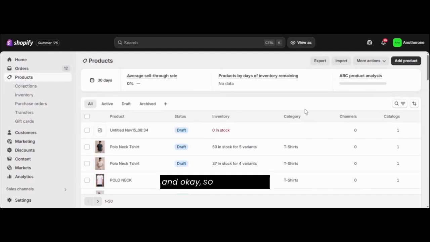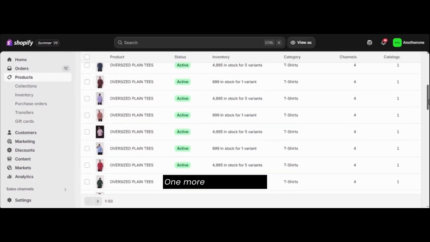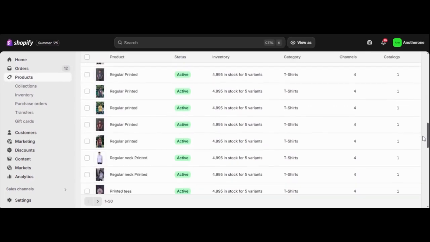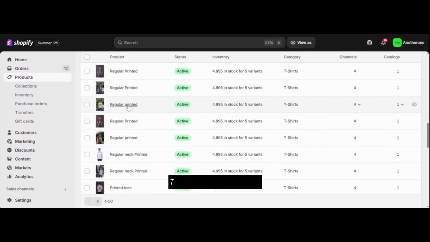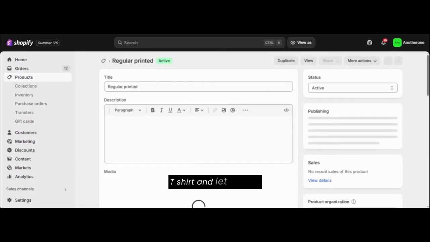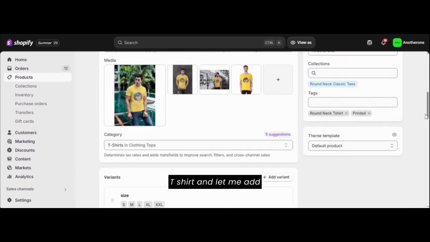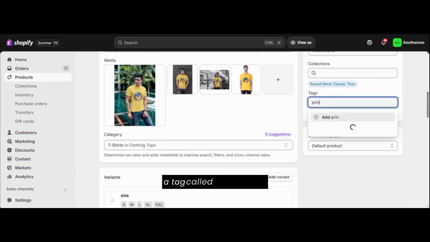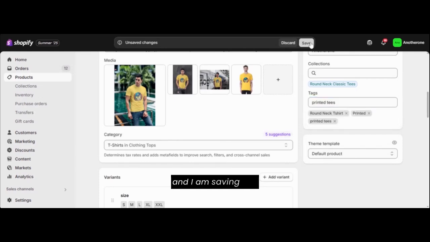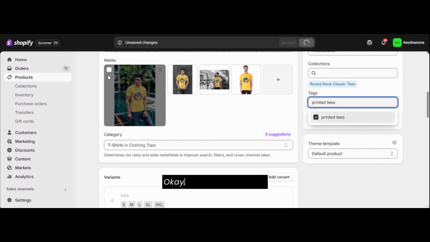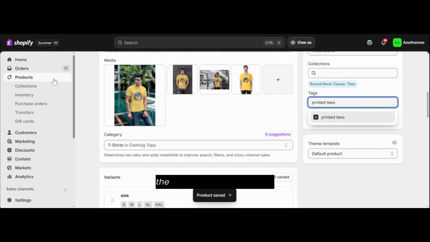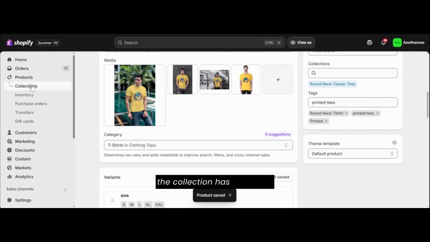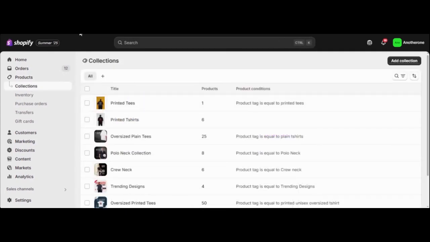select one more printed t-shirt. Let me go for this t-shirt, and let me add a tag called printed tees. I'm selecting this and saving this. I will show you how the collection has increased. If I refresh this,